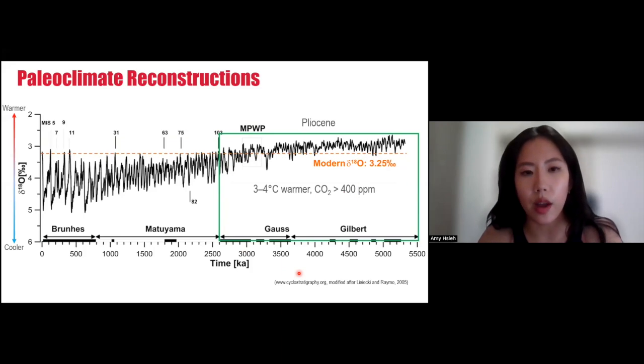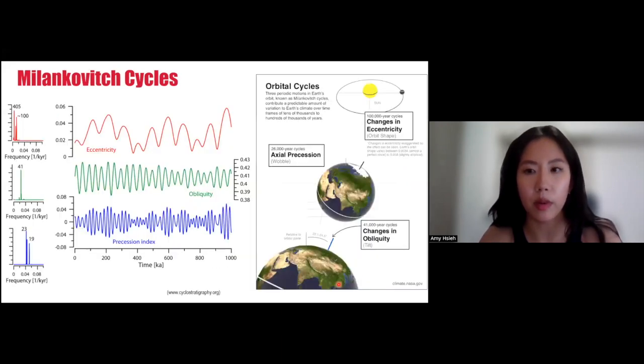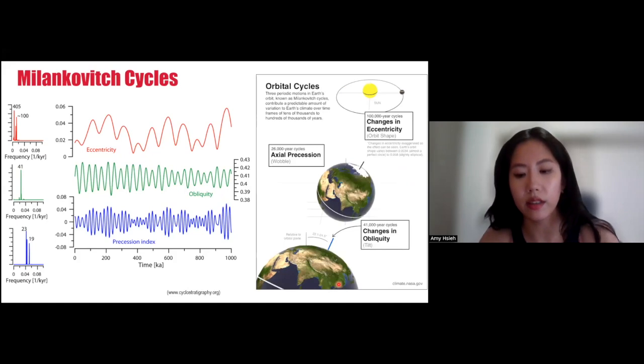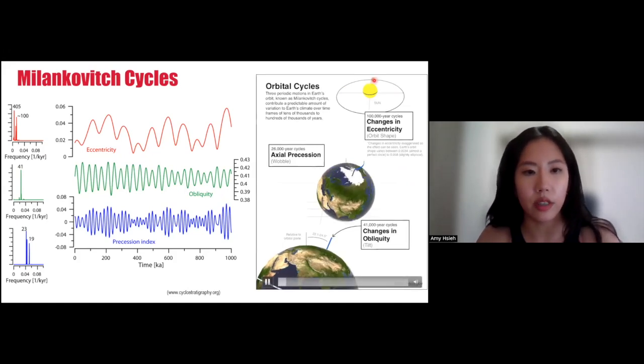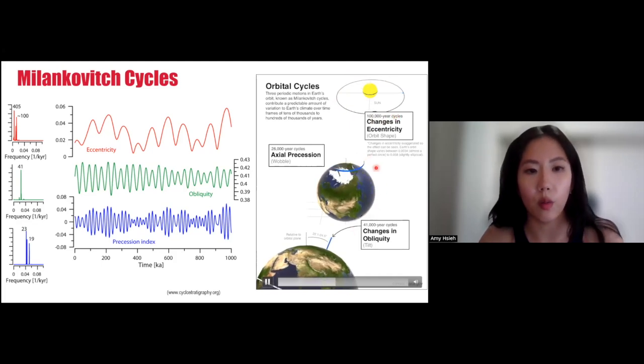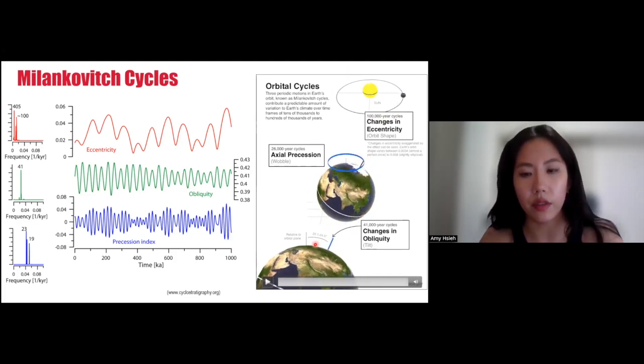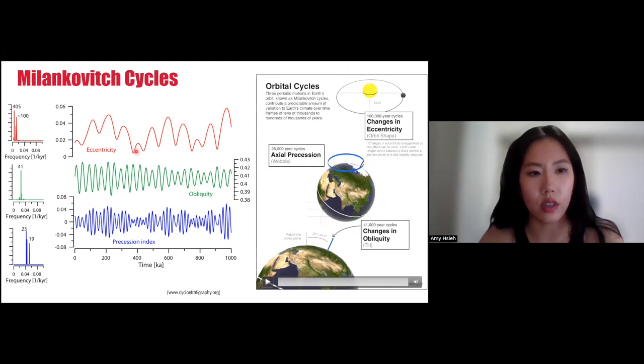And one of the reasons why Earth's climate was warmer in the past was due to its position around the sun, described by eccentricity, or the shape of Earth's orbit around the sun, precession, or the wobble of Earth's axis, and obliquity, or the tilt of Earth's axis. And each of these parameters have different frequencies. Long eccentricity completes a cycle every 405,000 years, and short eccentricity around every 100,000 years, obliquity every 41,000 years, and precession around every 20,000 years.